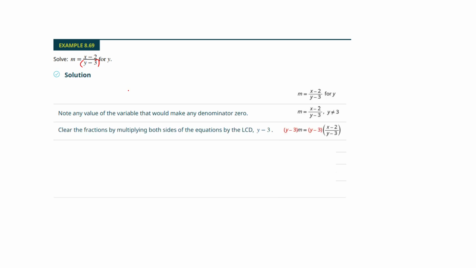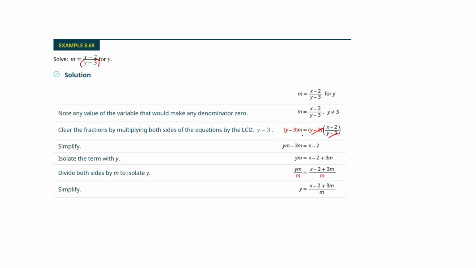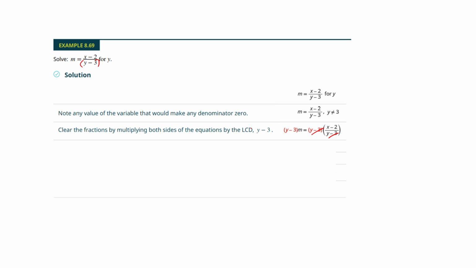So I don't know. Let's see. Can I use theirs? Yeah, actually I can. So they've multiplied both sides by the y minus 3. Okay, those would cancel. Now I have this up here. Well, what next? Our goal is to get y by itself. Well, let's distribute. Oh no, not on this one. I'm sorry. What we'd want to do here is divide both sides by the m. Oh, they did distribute. Well, you could do this either way. So let me pick it up here. So this was my first idea. I'm going to send